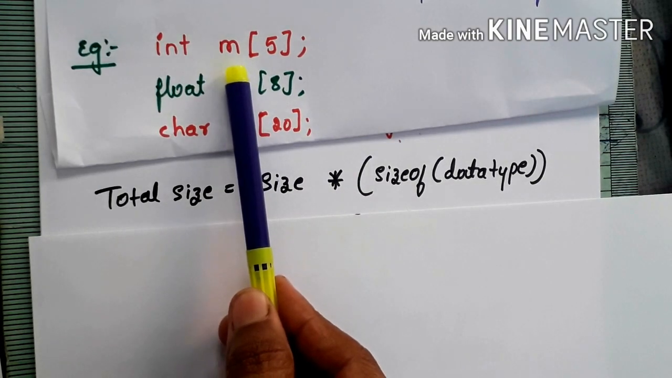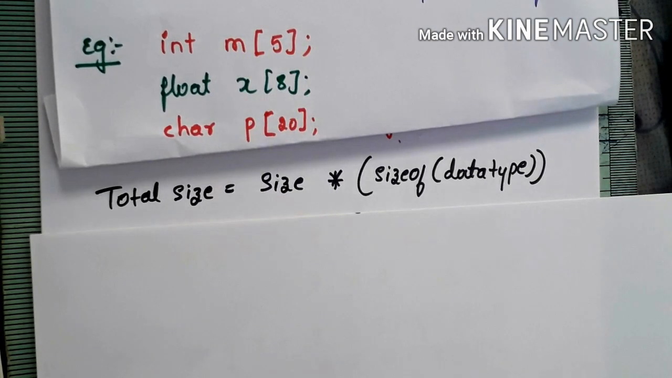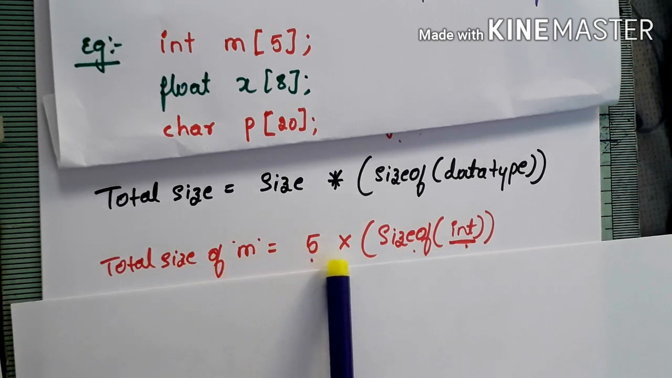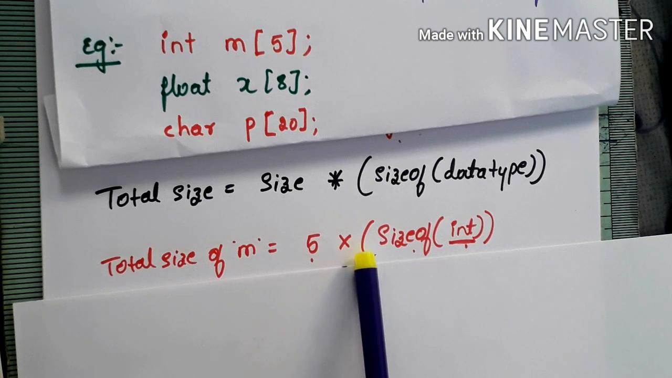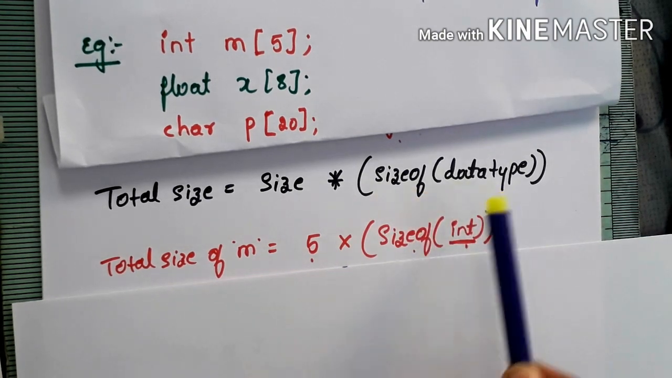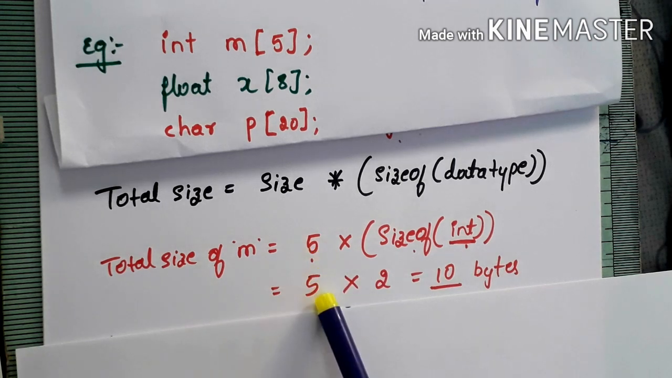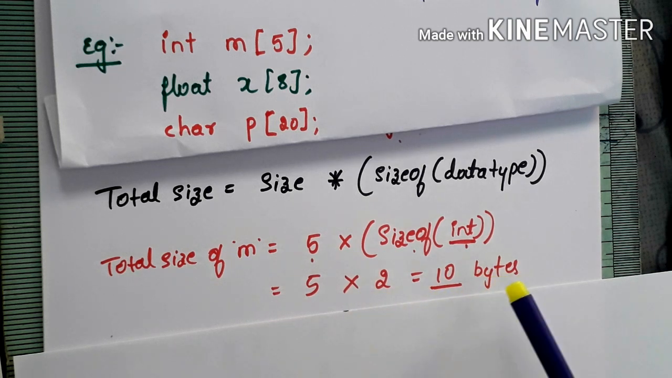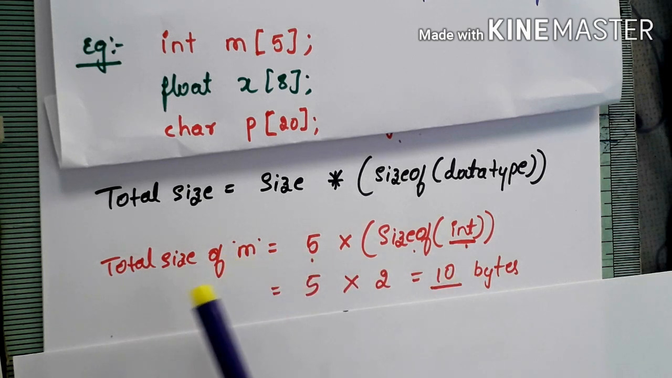So the first array is an integer array m. To find the size of the array m, total size of the array m is equal to, first we need to write size. Size is 5 into size of data type of the array. So data type of the array m is int, therefore size of int. So size is 5 into size of integer data type, which is 2. 5 into 2, 10 bytes. So which indicates 10 bytes of memory is allocated to the array m,